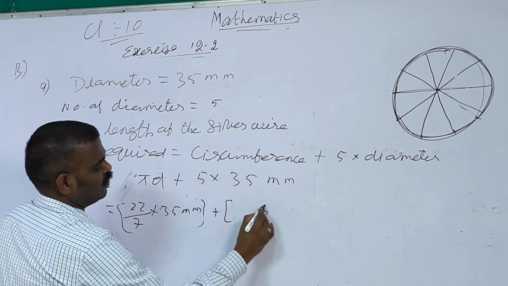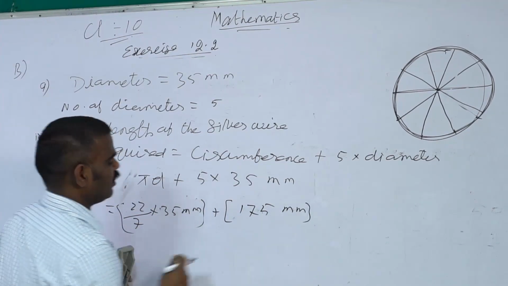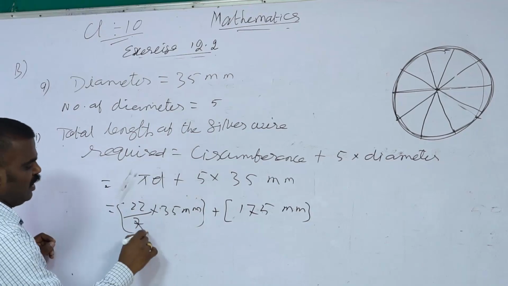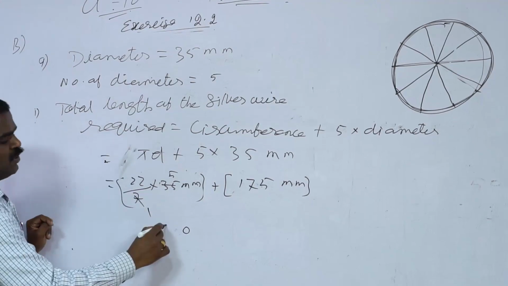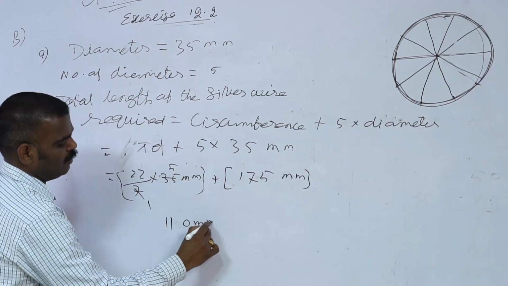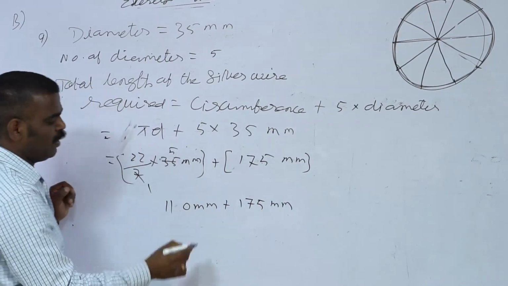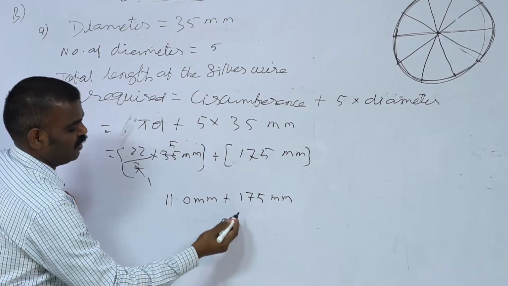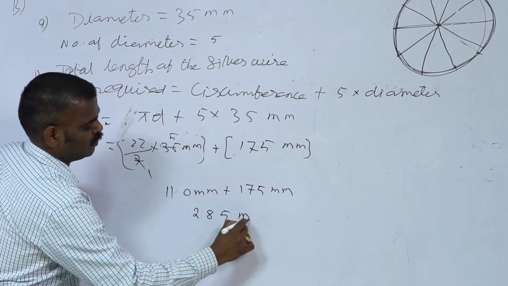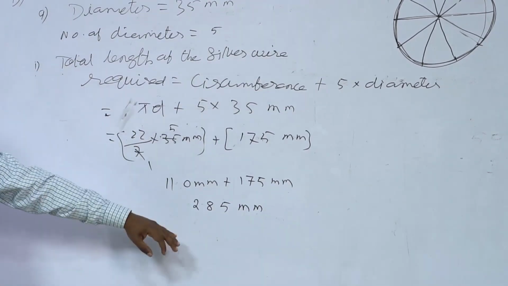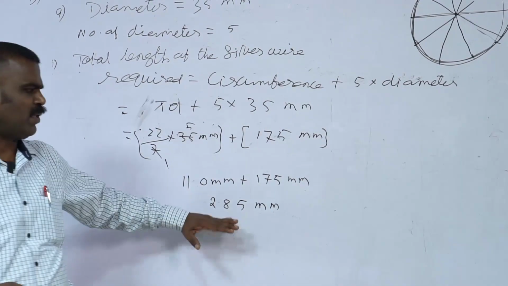Multiply. 5 5s are 25, 2 remainder, 5 3s are 15 plus 2, 17 millimeter. Now 5, 7 one time, 7 one more time, 5 times. 5 2s are 10, 1 remainder, 5 2s are 10 plus 1, 11 millimeter, plus 175 millimeter. Add 0 plus 5, 5, 7 plus 1, 8, 1 plus 1, 2. So, how much wire is required? 285 millimeter wire is required. Okay? That is the first part of the question.